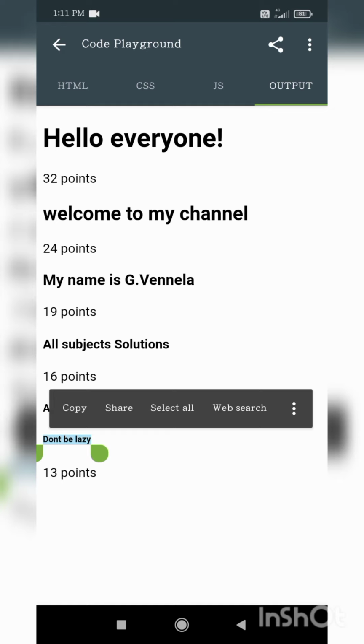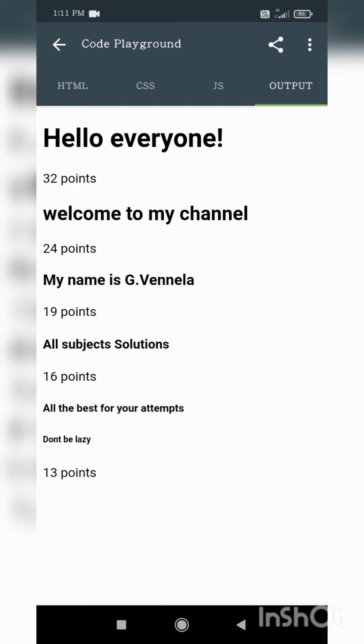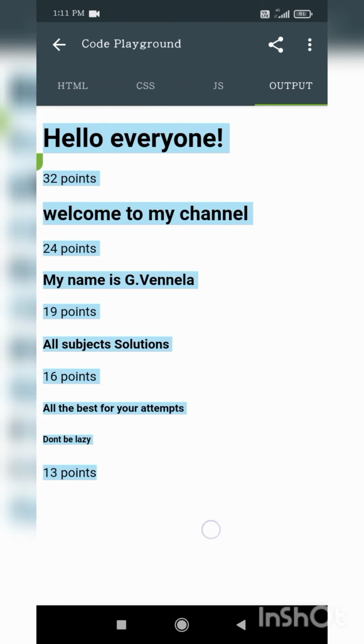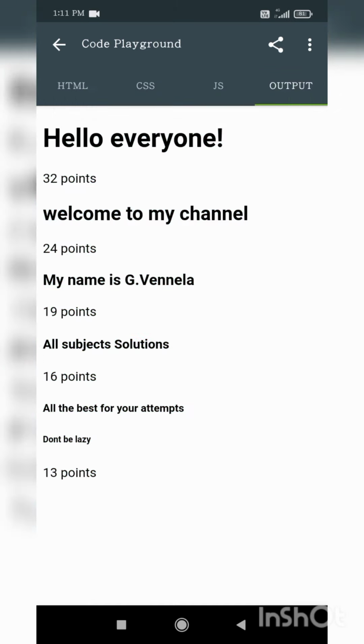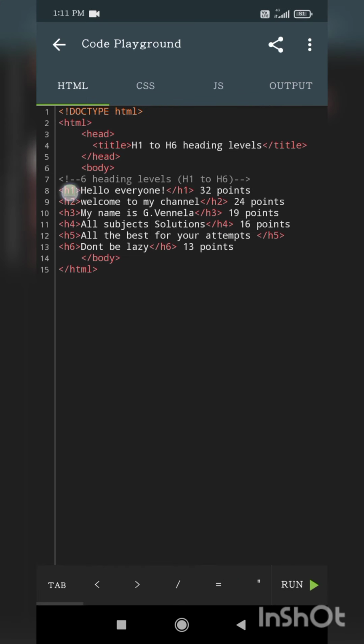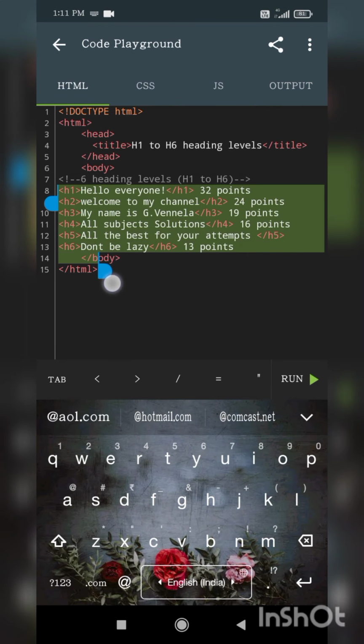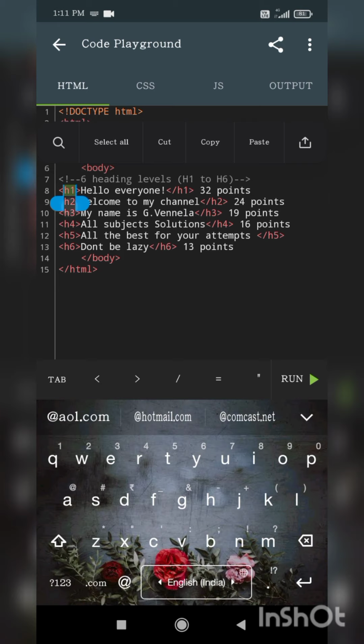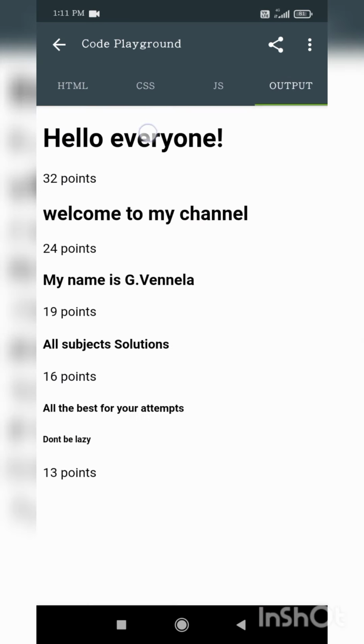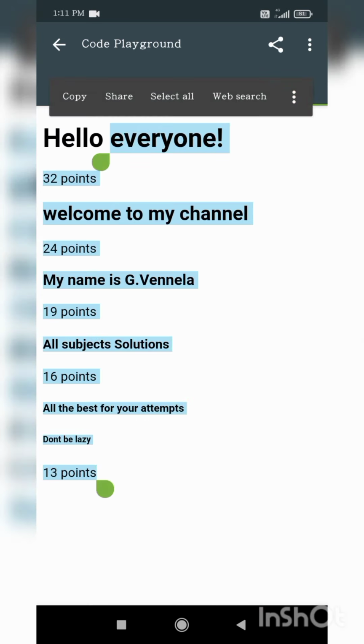tiny word. Yes, my dear friends, what did you observe in the output? Here the size of the words is decreasing, my dear friends, but in input, the number of the tag is increasing: H1, H2, H3, H4, H5 and H6. Whereas the tag numbers are increasing, the point value is decreasing in output.